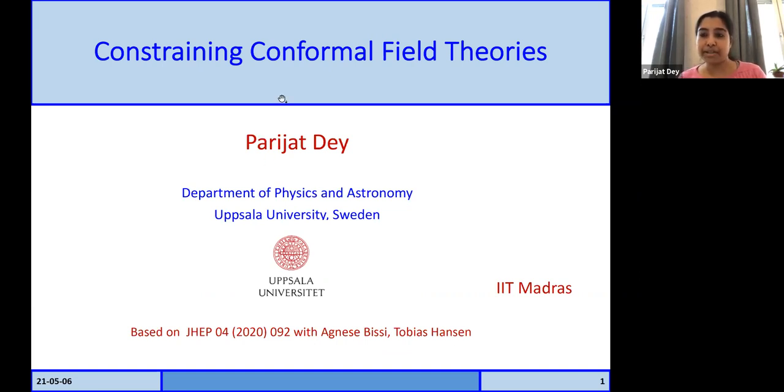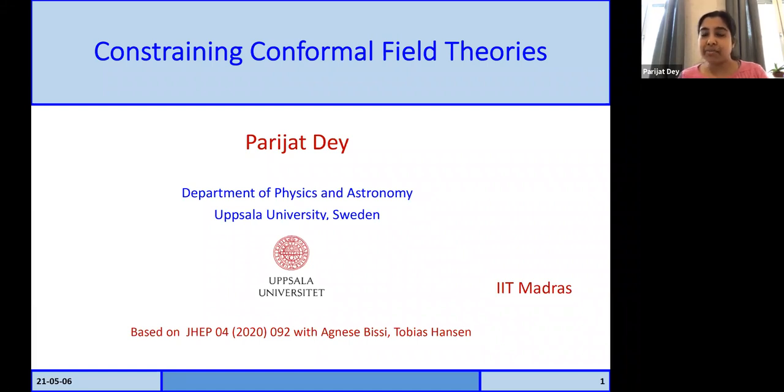So conformal field theories describe the physics at critical points, and they describe second order phase transition in fluids, magnets, and many other materials. Now, at critical point, a system is strongly coupled, and it is very difficult to study such systems since the standard tools of perturbative quantum field theory cannot be applied there.